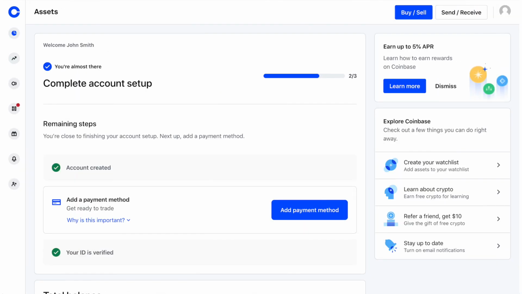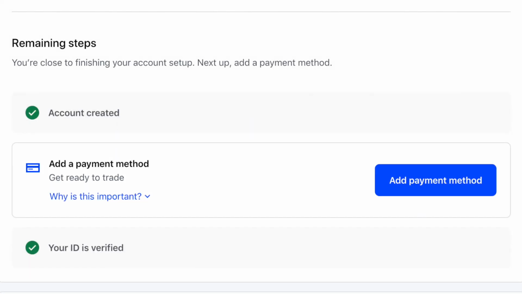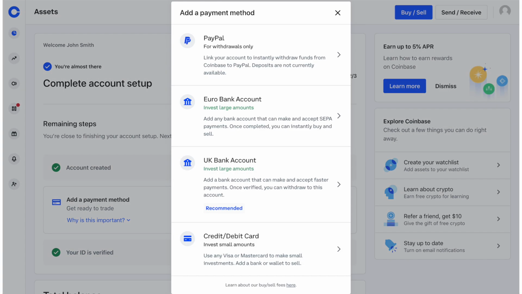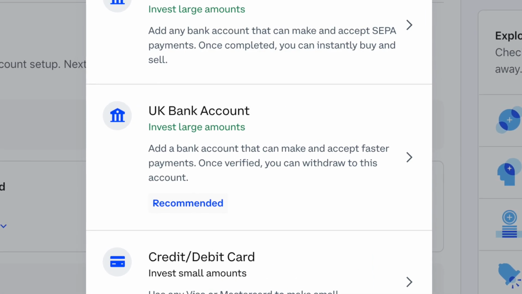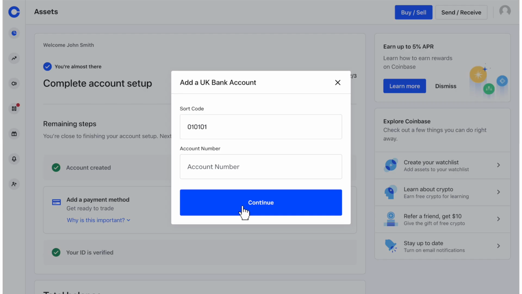You should find yourself with this interface once you've been verified. But as you can see, we still need to add a payment method so that we can add funds to our account. So we're going to click Add Payment Method and select an option from the pop-up window. There's a few choices here. As we can see, the recommended option is to connect a UK bank account. So let's choose this. Enter the sort code and account number of your bank account, and then we'll need to